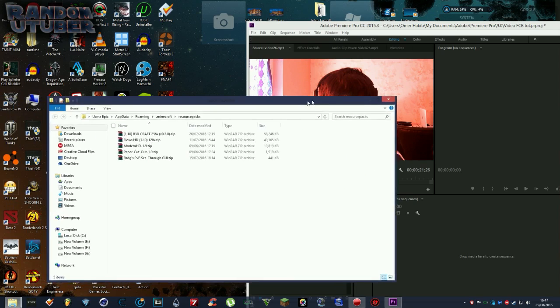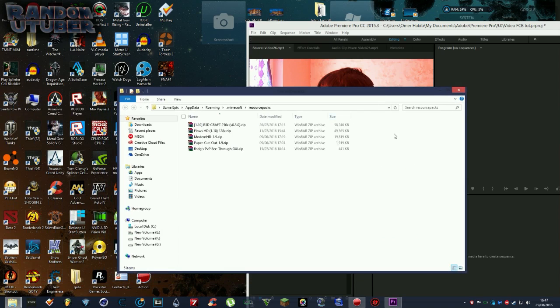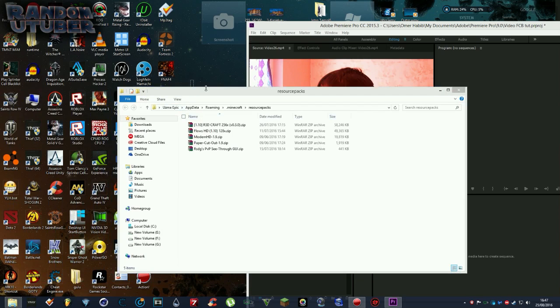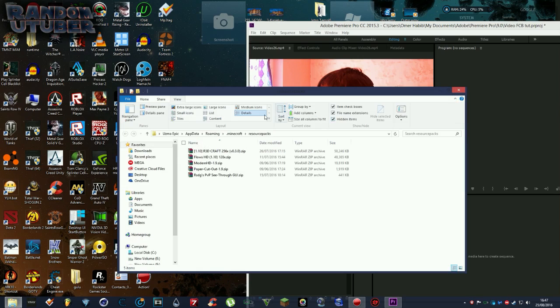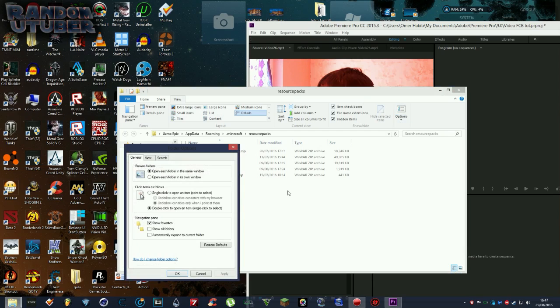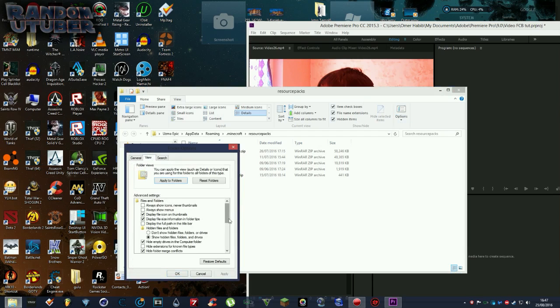Alright, I just realized I was on my second screen. So when you open up, you should have this little drop down arrow just under the close button, and then you should have more tabs here. You should be on home, so go to share and view. Go right to view, and then where options are, click that down arrow and click this, and then go to view. So when you go down, you should find